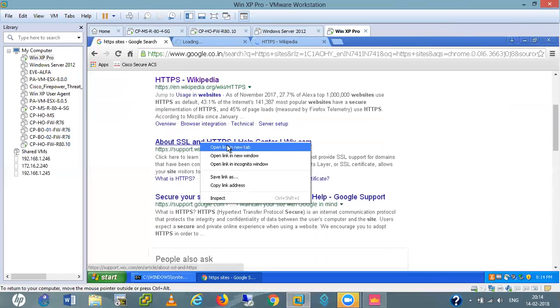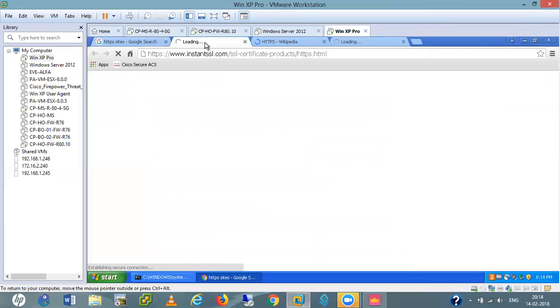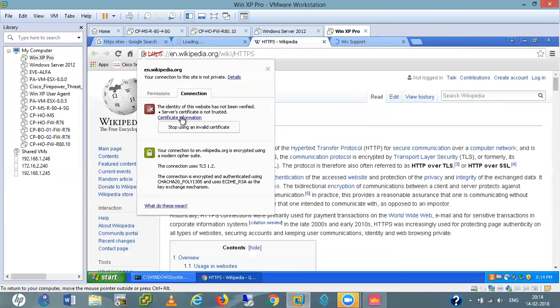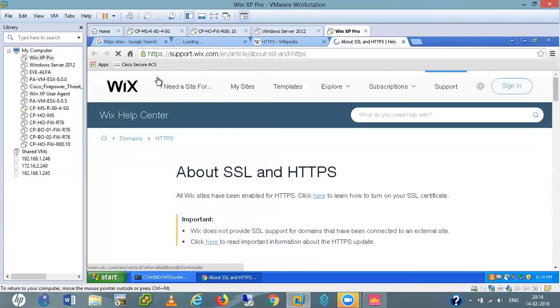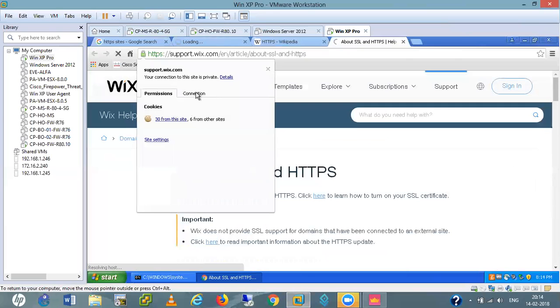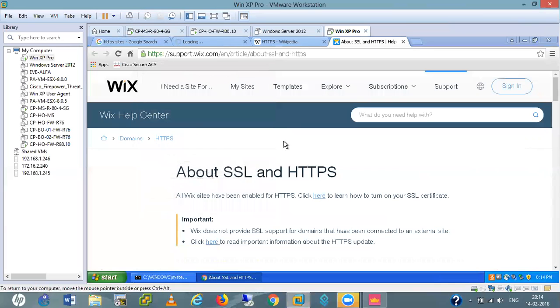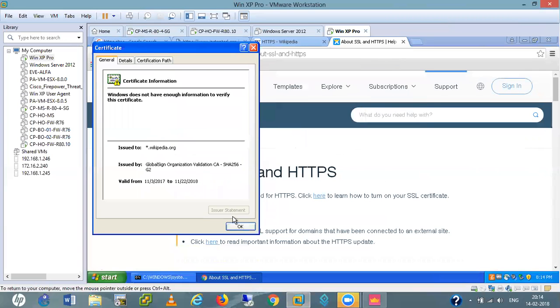We have lots of HTTPS sites here. So let me open these sites. This site is certificate. Stop using an invalid certificate. So this site. If I go to certificate, this one, okay.